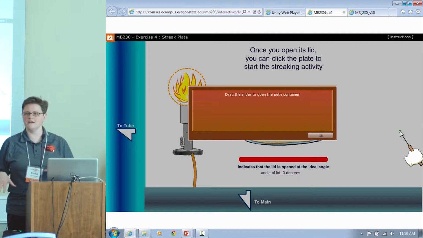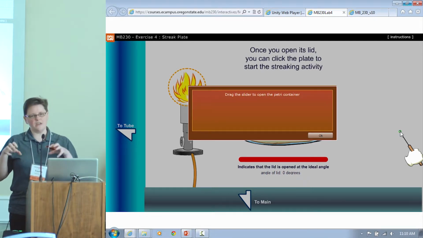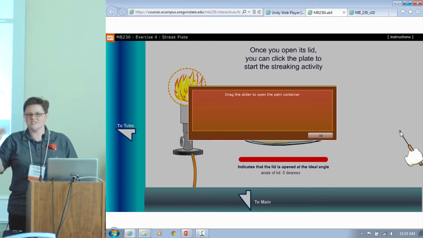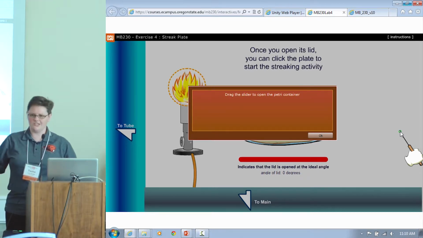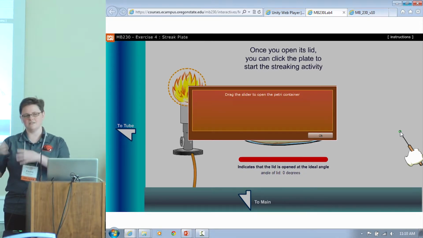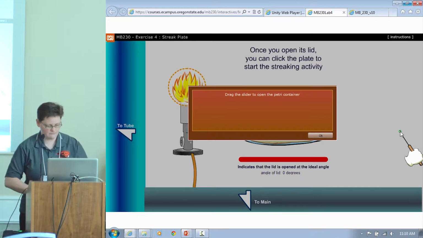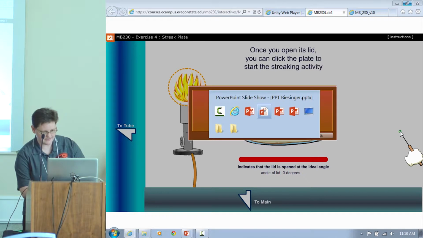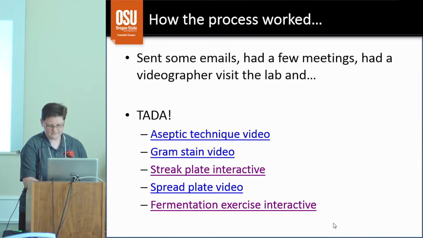And I'm not going to show you the rest of this, but there's a lot going on in a microbiology lab when you need to avoid all of these microorganisms. And just reading through a protocol, take the lid off of the tube, get some bacteria out, it doesn't tell you or give you a sense of what all these things are. And so these interactives were developed specifically for this purpose.